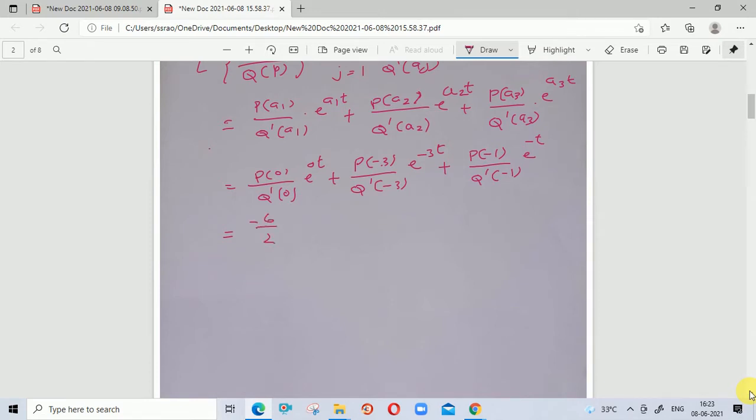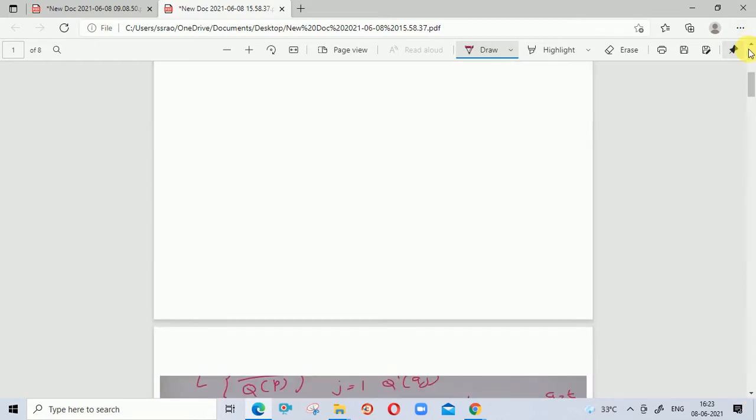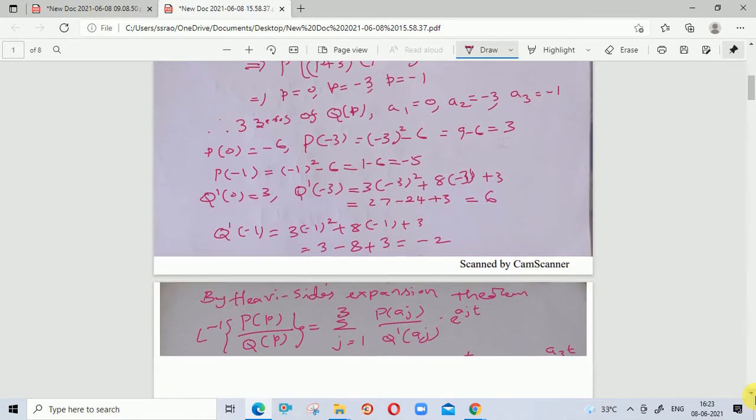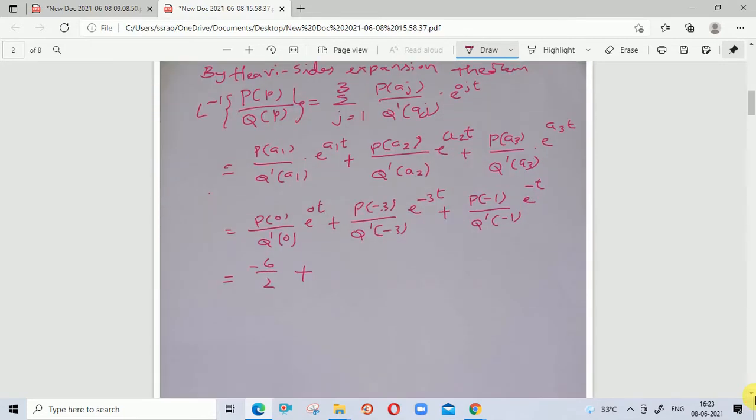Plus P of minus 3, we got 3 here. Q dash of minus 3 is 6. So 3 by 6, e power minus 3t,